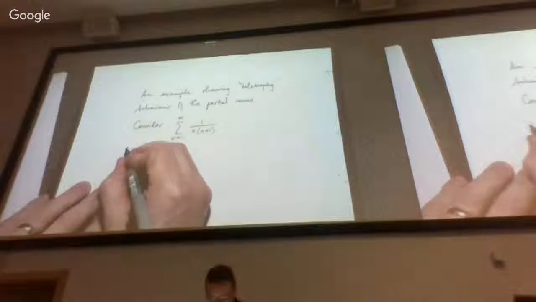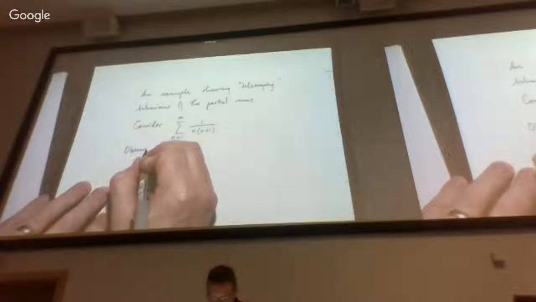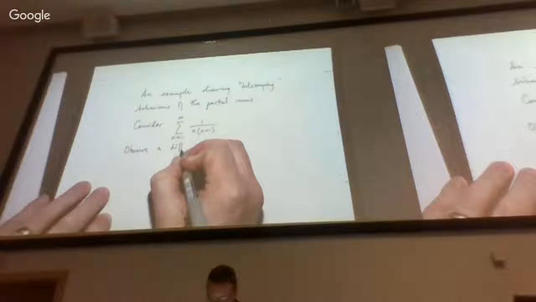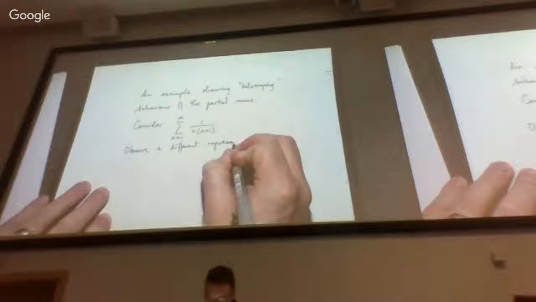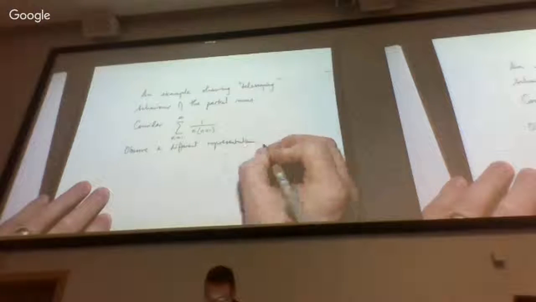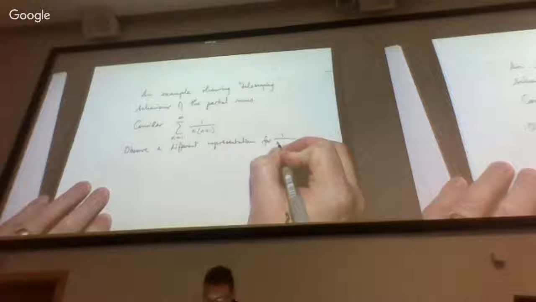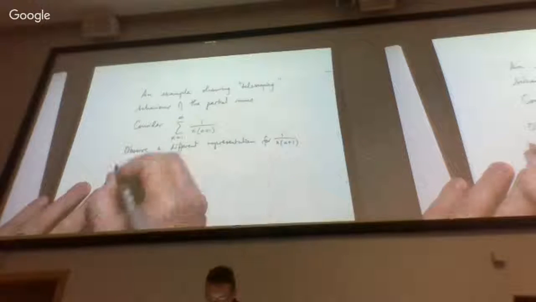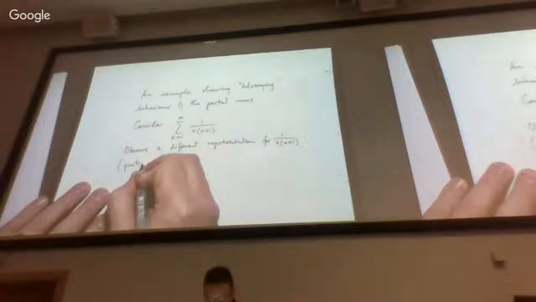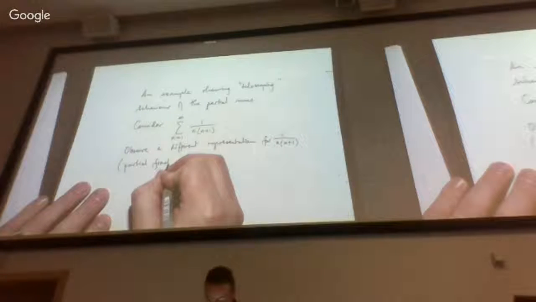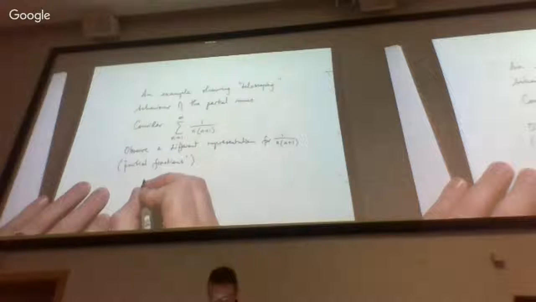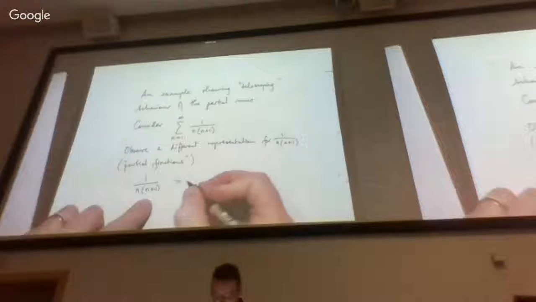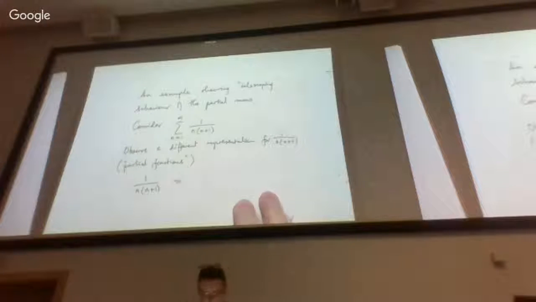But first of all, we observe there's a different representation for 1 over n times n plus 1. This is called a partial fraction representation. So 1 over n times n plus 1, what you can do, because the denominator factorizes like that, and again,